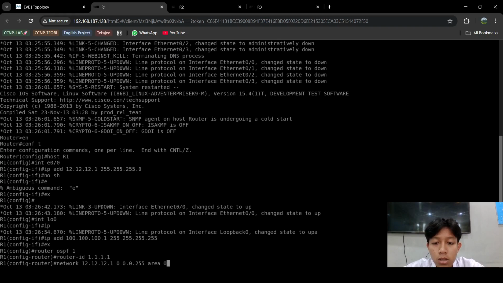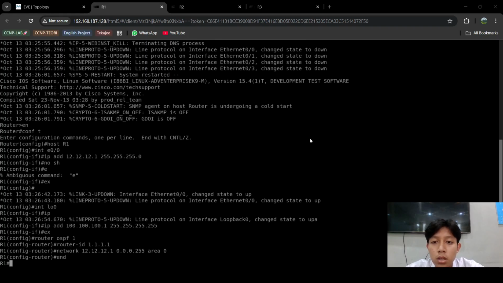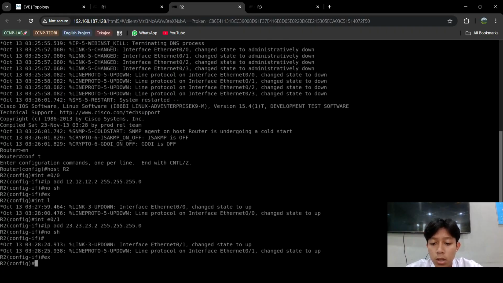It's the same as the other IPs that we use with slash 24, or the subnet mask 255.0. You can add the area, which is area backbone or area 0, and then you can move to router 2 and add the same as router 1.